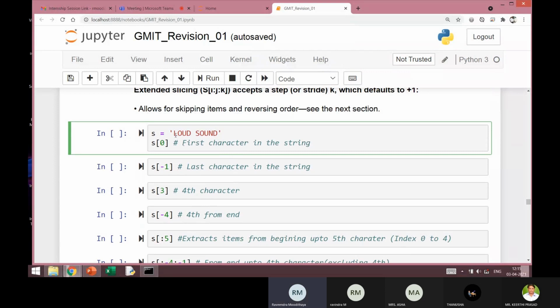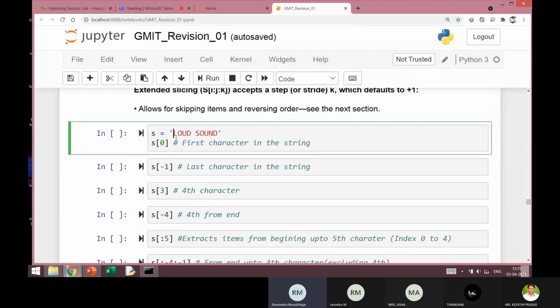So if I use positive index, the first character has index 0 and the last character has an index of 9 because length is 10. If I use negative index, the last character has an index of -1 and the first character has an index of -10.